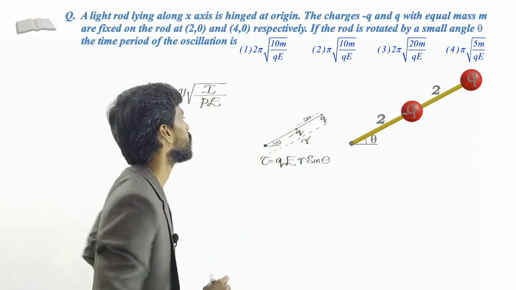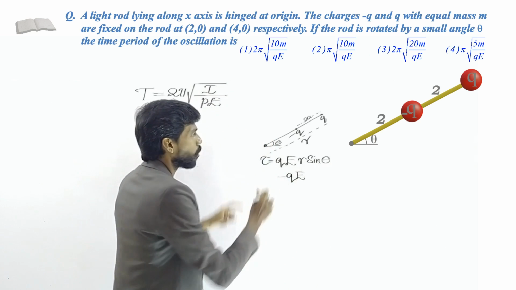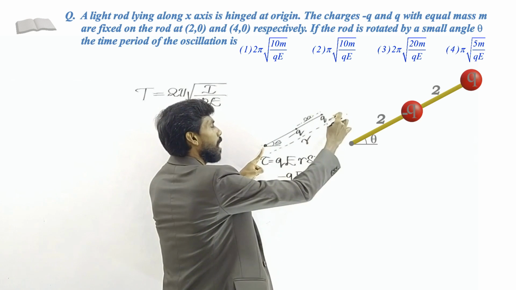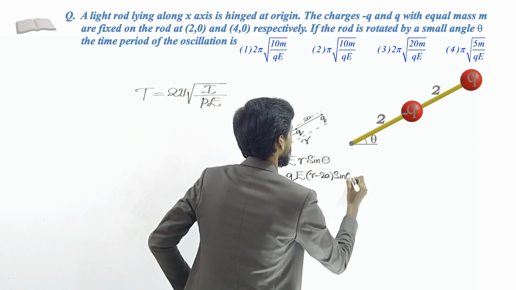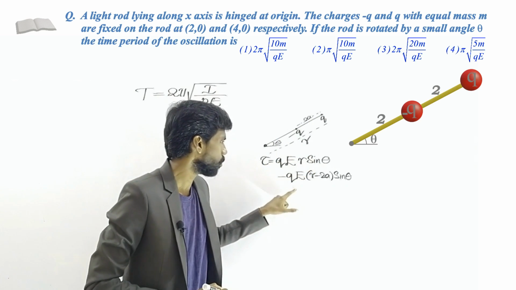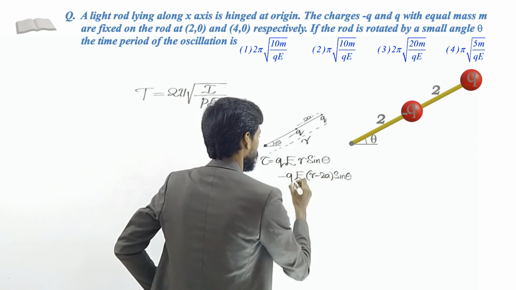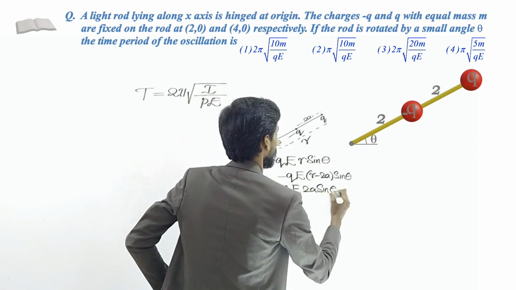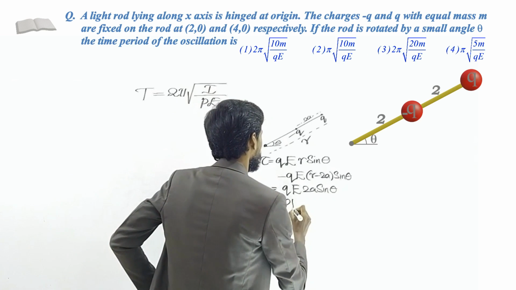Similarly, we'll find the torque on the charge minus q. That is minus qE multiplied by the distance from the point to that charge, which is r minus 2a, multiplied by sine theta. You understand? Now if you simplify this, qE r sine theta and here minus qE r sine theta, so that gets cancelled. So we simply get qE 2a sine theta. This 2a multiplied by q is the dipole moment, so p